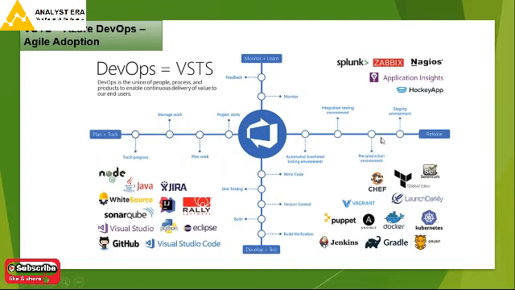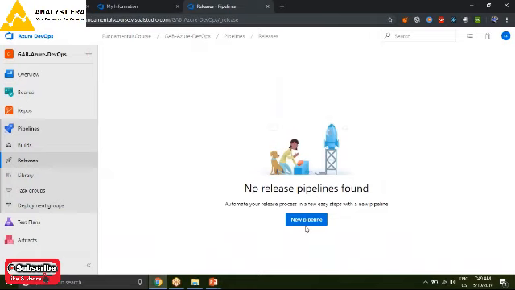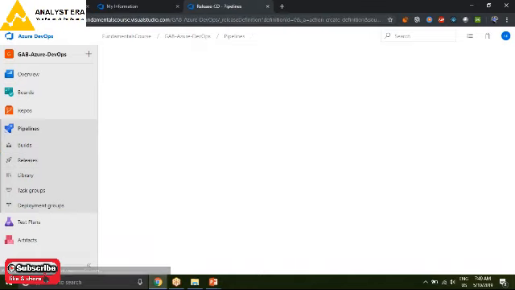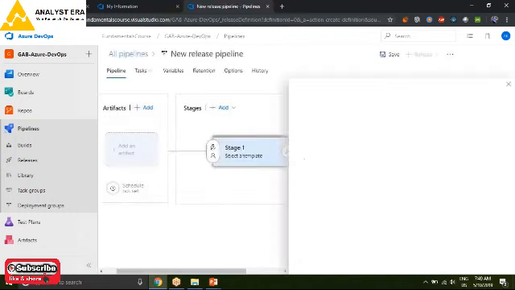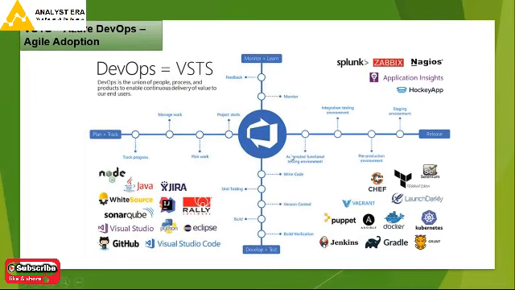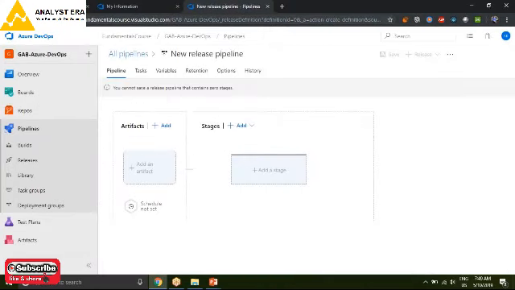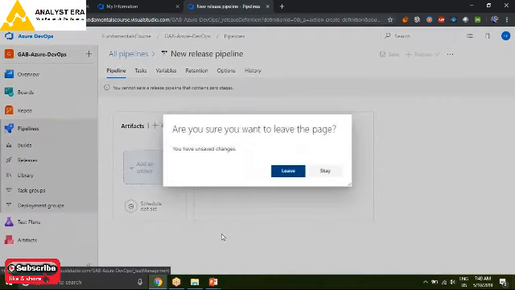Then I have release functionality. What is release? This guy, the release functionality. I can create a new pipeline in my release functionality. What will that do? I can go ahead and release my code or deploy my code. When you say release, it is deploy. So what is it? I can create an automated functional testing environment. Where can I create it? I can create it here